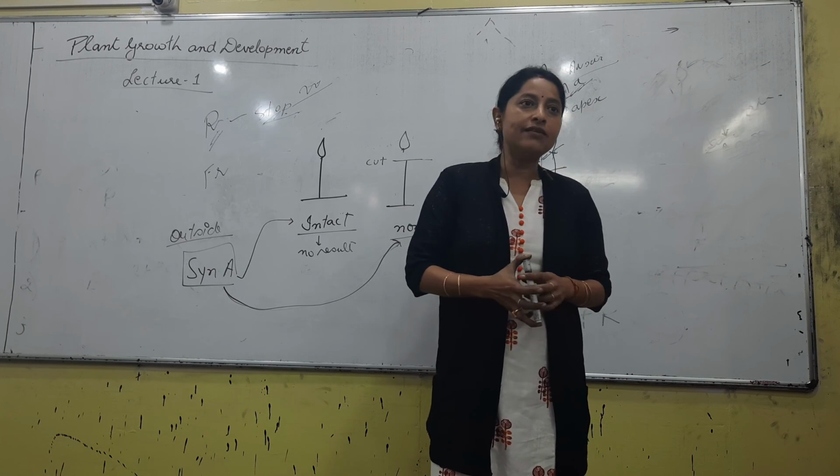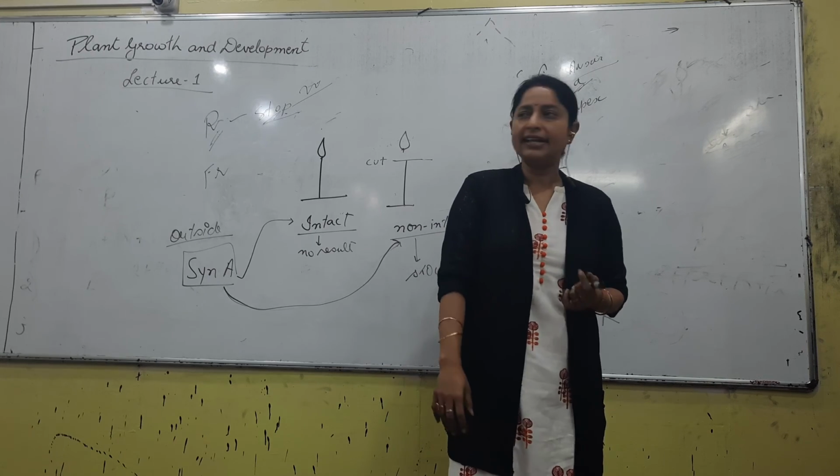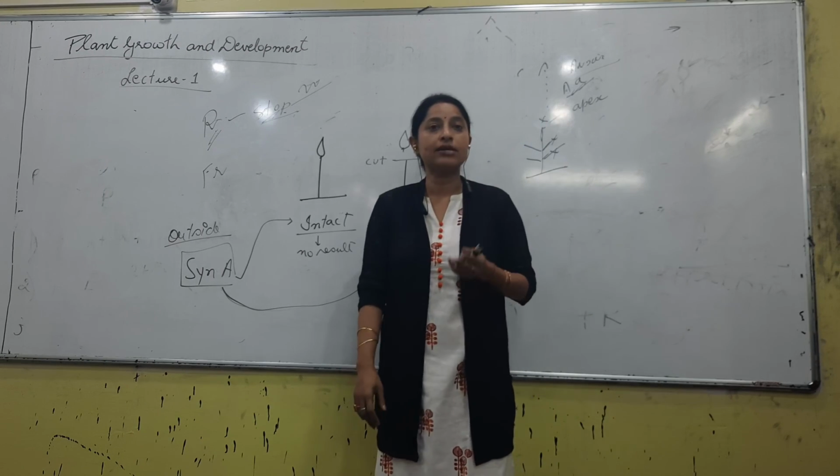So those were the points that we have discussed, and we have started with auxin. Auxin has 5-6 points, that's important. I think that's all for today. In the next class, we will be talking about gibberellin and